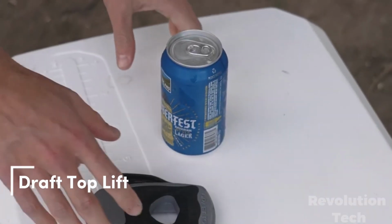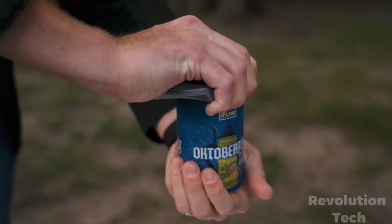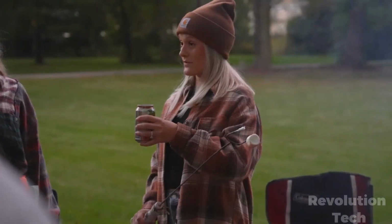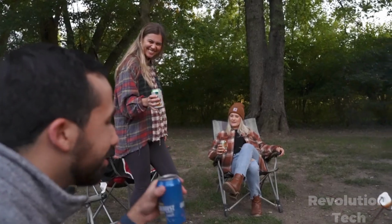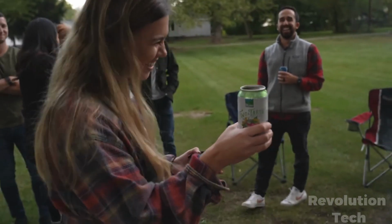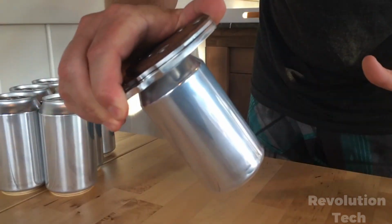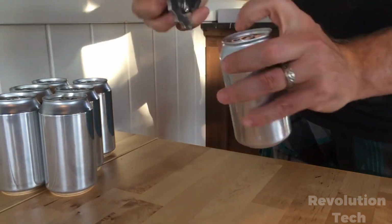Why settle for a plain glass when you can elevate your drinking experience with the Draft Top beer can opener? This innovative tool not only makes it effortless to remove the top of your cans, but it also enhances your sensory experience by allowing you to fully smell the aromas of your drink. With the Draft Top beer can opener, you can enjoy your favorite beverages as if they were freshly poured from